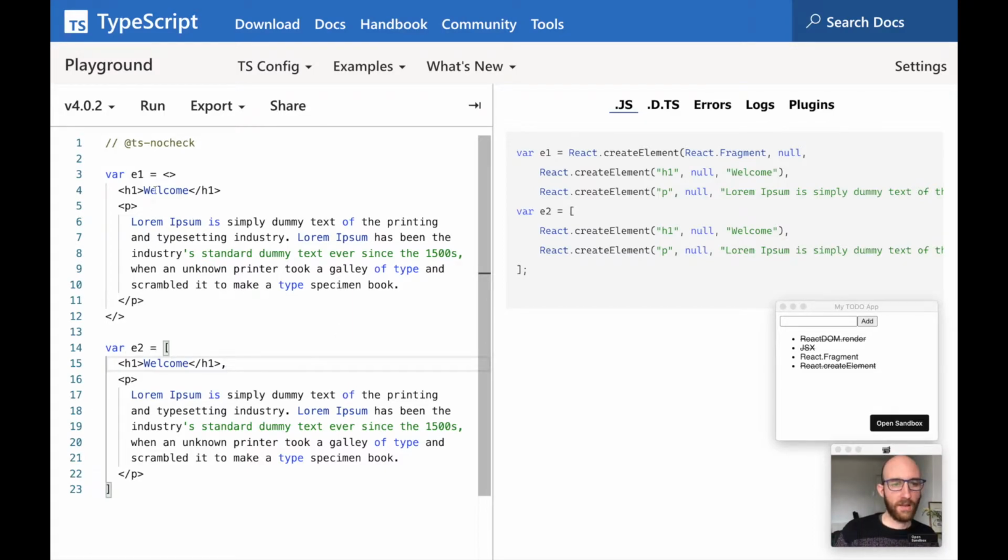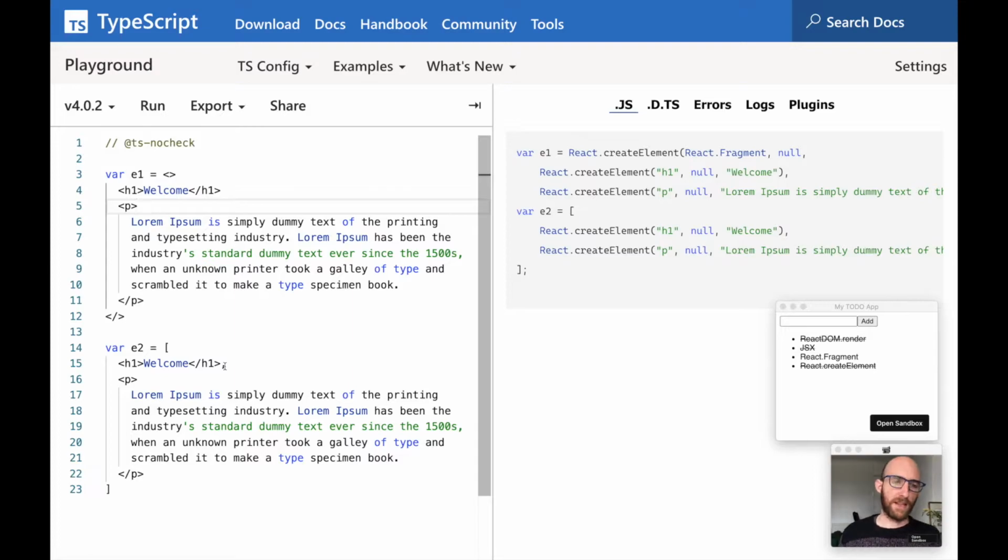Whereas with the fragment, because the fragment here already puts us into a JSX syntax mode, that mode knows that this is the first element, and that first element's now come to an end, and now we're on to the second one. So it can distinguish between each thing quite easily that way. It's just that's how XML works. Whereas when we're using an array, we've got to use commas,